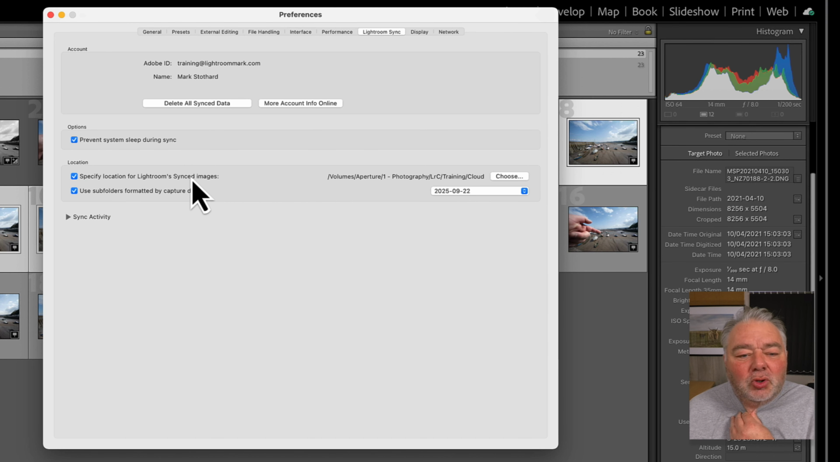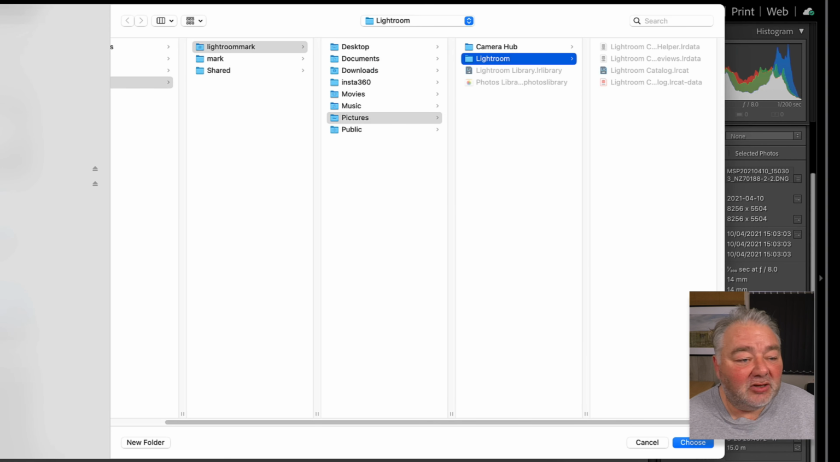You have a local location. So here, choose, this is my local location for where my images go in the cloud. So when I take a photograph with my mobile phone and I sync it to the cloud, where does it go when Classic syncs to the cloud? And this is the location. Okay, so if I show you that location,